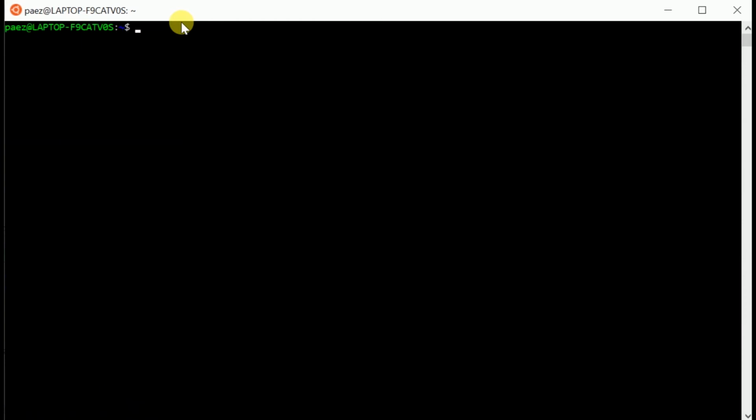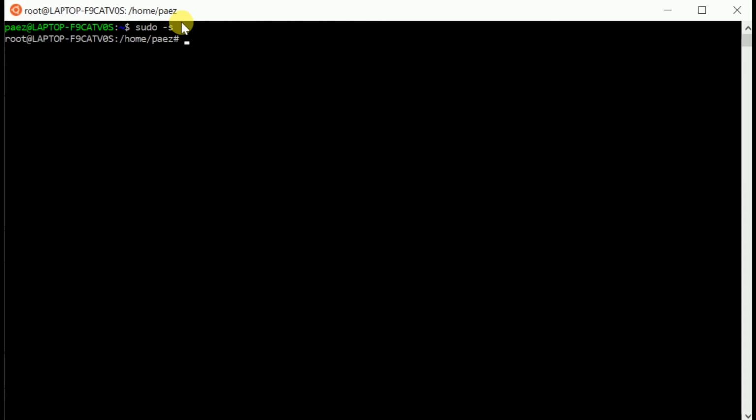So while we're on the topic of sudo space dash s, this will make you the root user of your system. So you don't need to type in the password every time. If you press this command, you'll be granted the root privileges, and you can do all the sudo related commands which you wanted to do, and you won't have to type sudo every time.